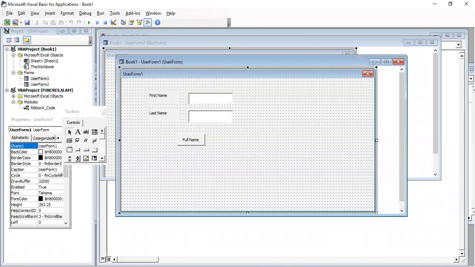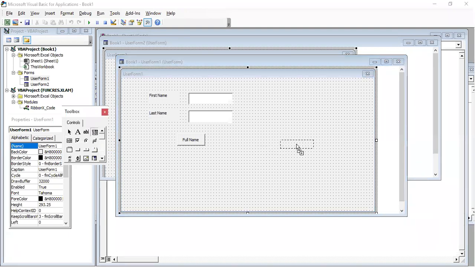So how many forms you want to create, you can create all those forms, and you can link all the forms based on some events or however you want. So basically, these forms are used to create interfaces for the application. For your projects also, you are supposed to create the required forms and build the application.